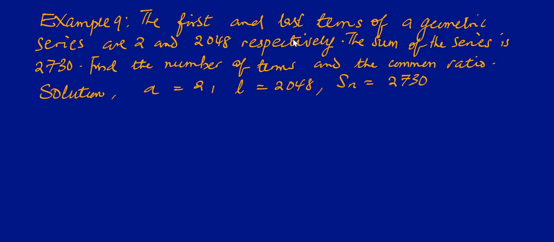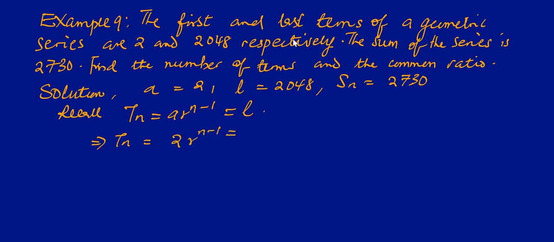We have to find the number of terms, but recall that Tn is equal to ar^(n-1) and this is equal to l. This implies that Tn, which is equal to a, is 2r^(n-1), is equal to